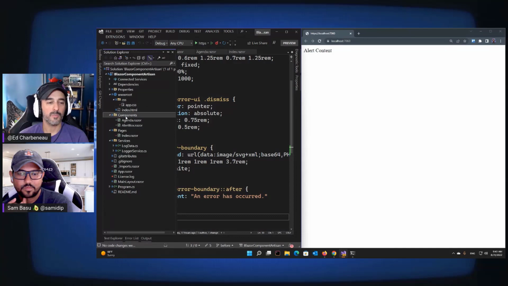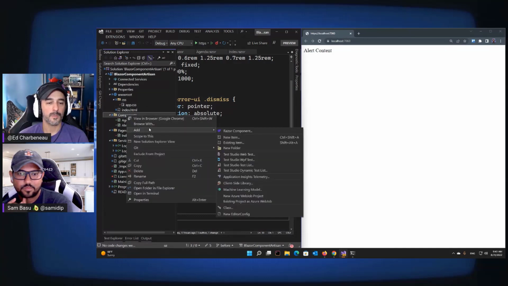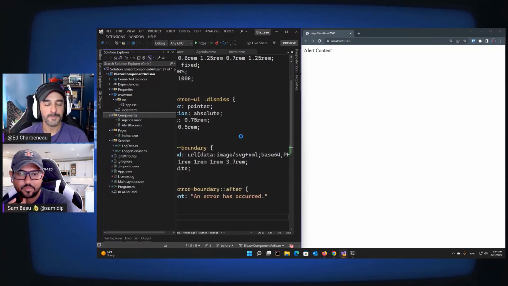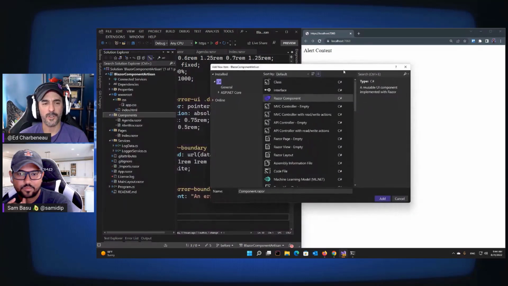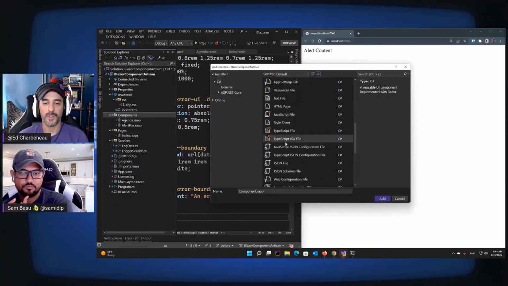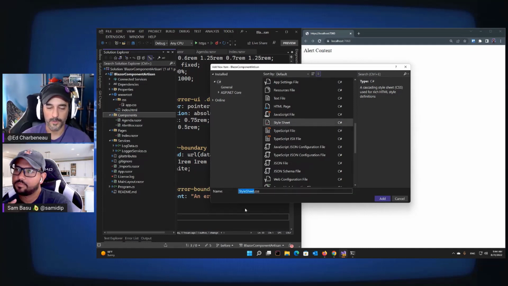We're going to come over to components, and I'm going to add a new item. It's important that you add a new item. If you accidentally hit the Razor component here, it's going to change your file extension for you. You don't want to do that. You want to make sure you're selecting this style sheet template, just so it doesn't throw the wrong suffix at the end of it. And we want to call this